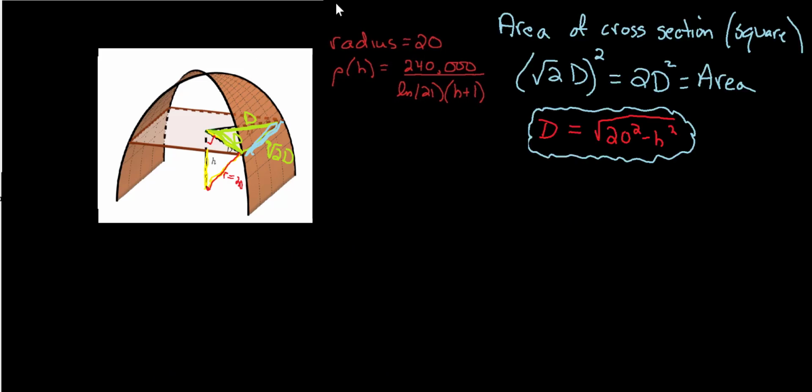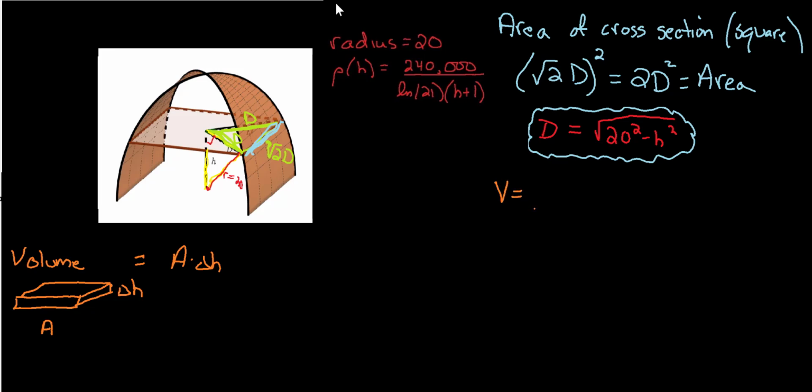Now, what would be next? So the next thing we could think about here is how would we find the volume of a little wedge. So if we take the volume of one of these cross-sectional pieces, we have a square, and let's suppose it has a little thickness to it. So that little thickness there I'm going to call delta h. So the volume would be delta h times the surface area. So my volume is going to be area times delta h. So if I know what my area is over here, 2d squared, now I can add this to the list of things I know. I know my volume